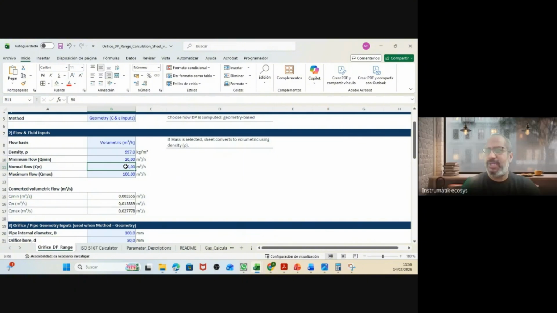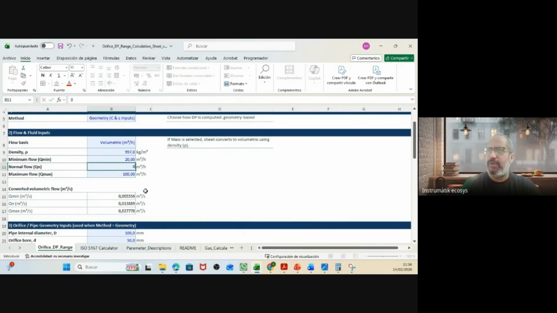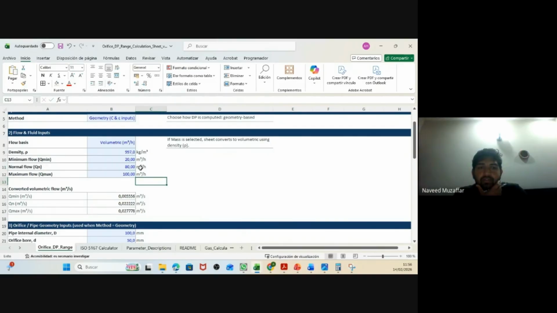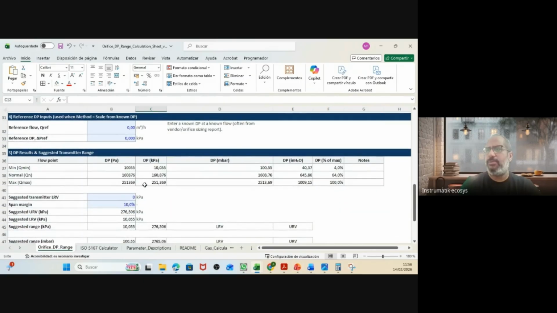Let's suppose we have 80 cubic meters per hour. Then you go back, you go below, down here, and for that flow you have a differential pressure of